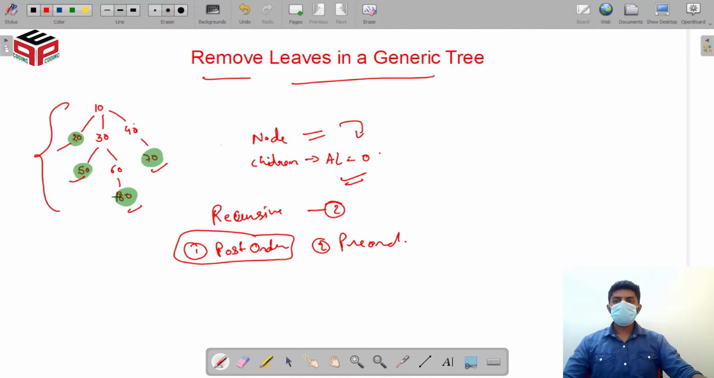And what happens is, suppose I get the faith for 20. So 20 will get the call, then after that 30, then 40, then after that 50. 50 does not have any children, then 60, then after that 80. 80 does not have any children, 70 does not have any children. So